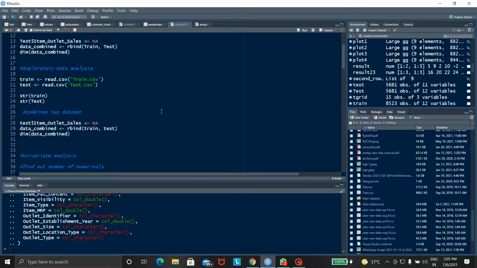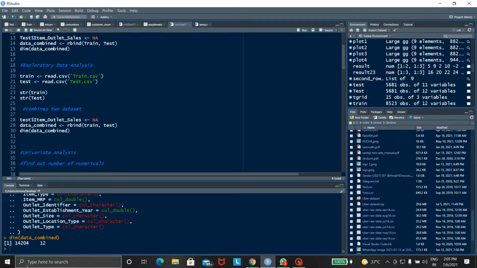To combine the two sets, here is the program: test item outlet sales, data combine, train and test data combine, and dim data combine. After that, run this program. The two datasets are combined. There are 14,200 observations and 12 columns.